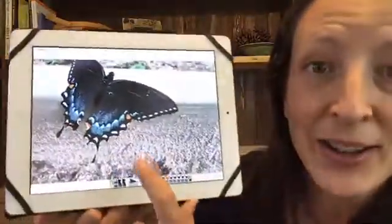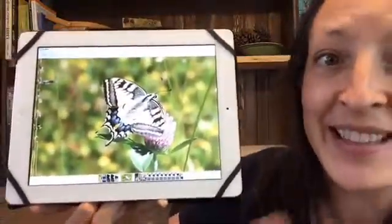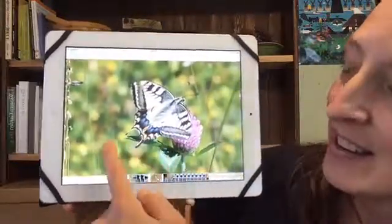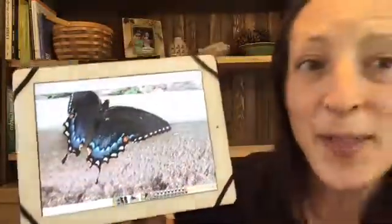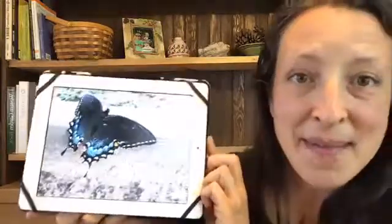Well, it turns out this is the dark morph of that tiger swallowtail. This is the dark morph. So see, same pattern on the back wings. The blue with the orange there. And then there's the dark morph. It only happens in females. And this is a mimicry. So this butterfly is mimicking other swallowtail butterflies. Namely, most likely the